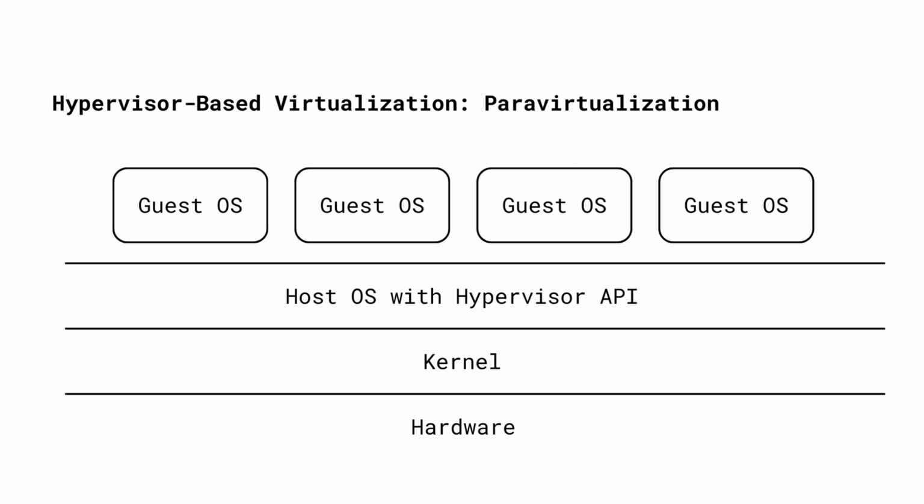There is another concept of hypervisor-based virtualization that's called para-virtualization. This is a really optimized approach to virtualize the hardware, where the guest operating system is almost using the hardware directly. And why do I say almost? Because it does not use the hardware directly. It uses the hypervisor API to access the hardware, so it's not losing performance on virtualizing and emulating